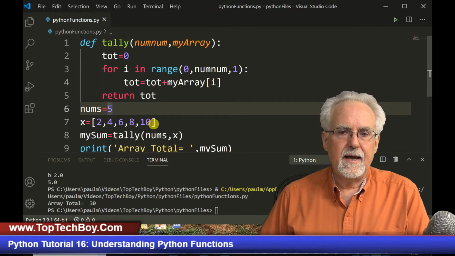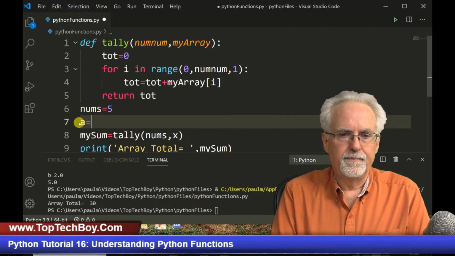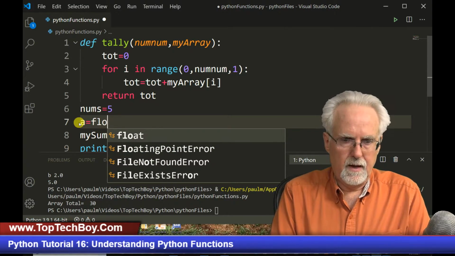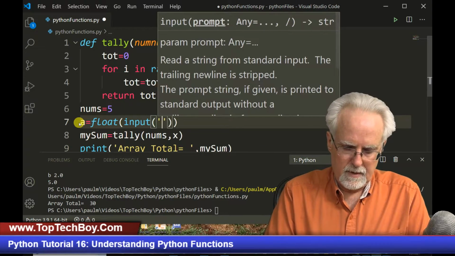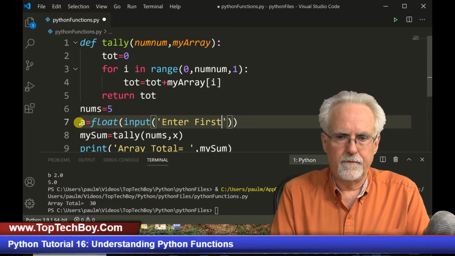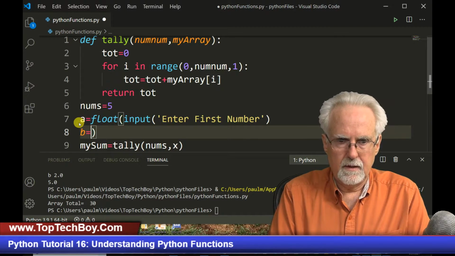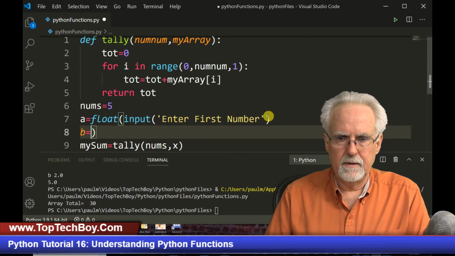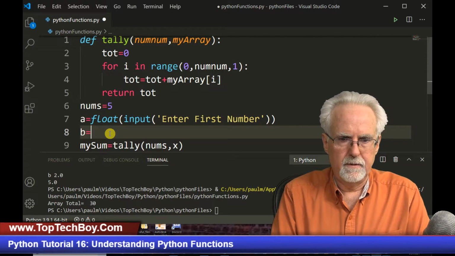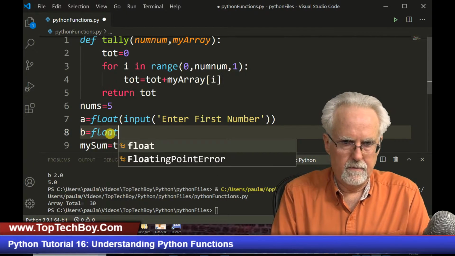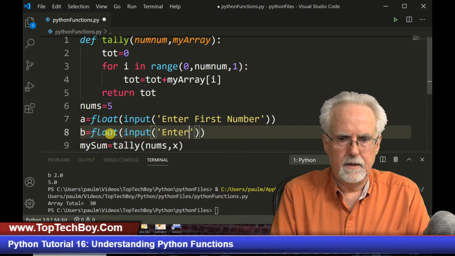And so, let me show you too something else you could do. So let's go back and let's just say a is equal to float. We're going to float, and we're going to input, and then we're going to say enter first number, like that, and then b is equal to, I did not close that, like that. Okay, b is equal to float input, and then enter